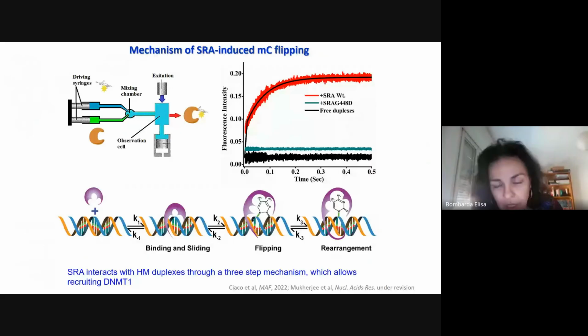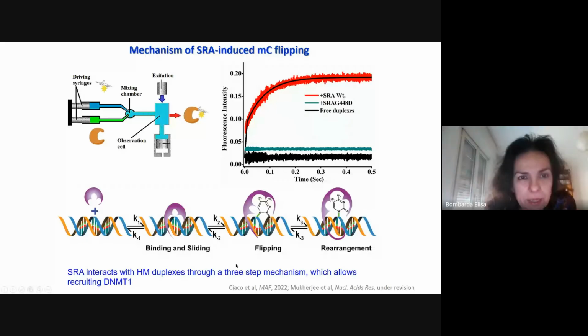So just to say, in the lab, as you see, it is a dynamic process, and recently we have submitted a paper, which is actually under revision, in which I also participated, and following the fluorescence of TAG, we could explain the different steps that occur in the interaction